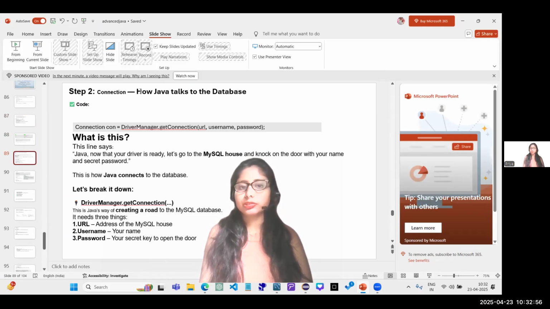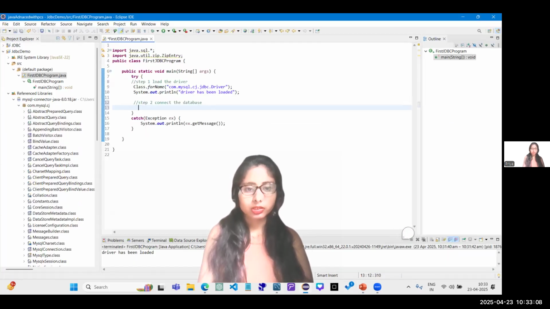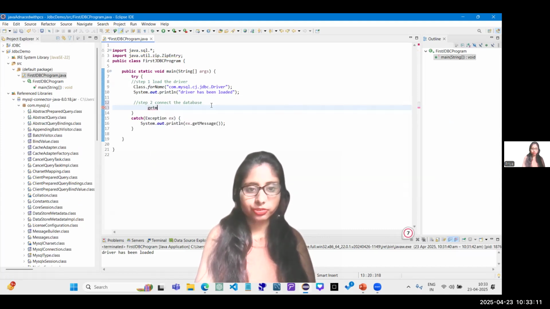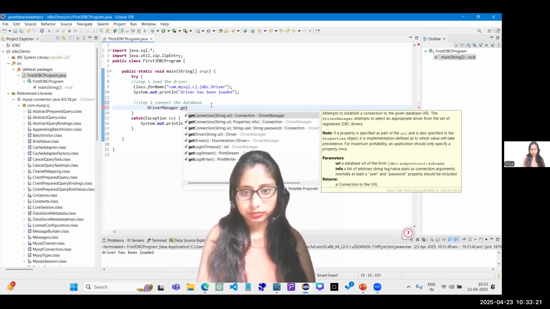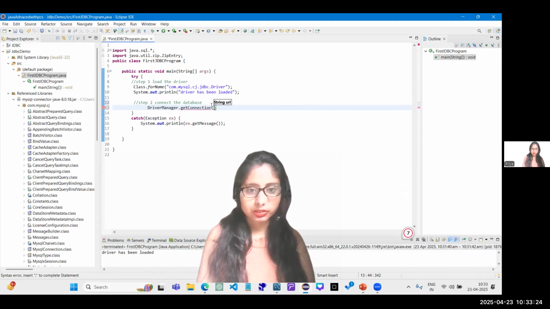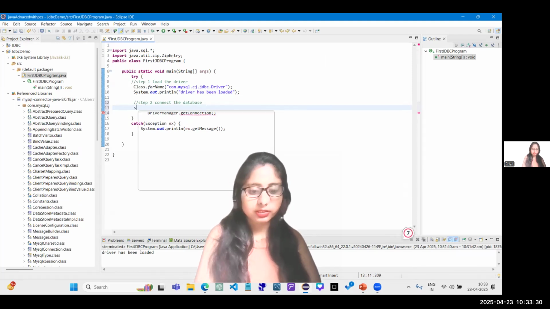So how Java talks to the database means Connection con equals DriverManager dot getConnection. Inside, there are three things: String url equals, and if you don't know the URL,